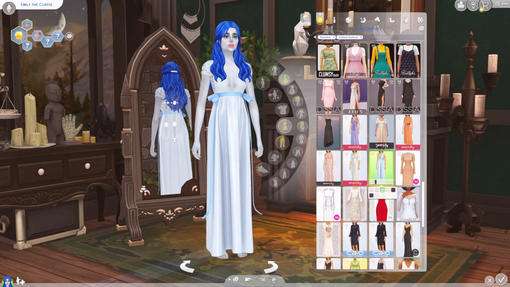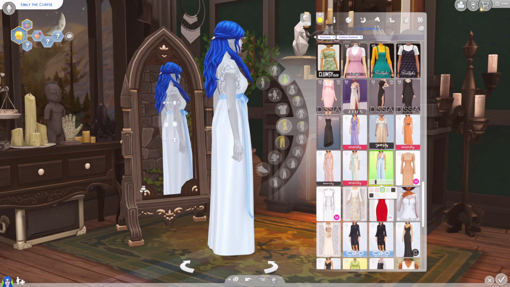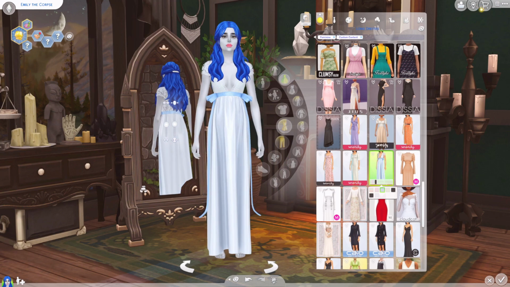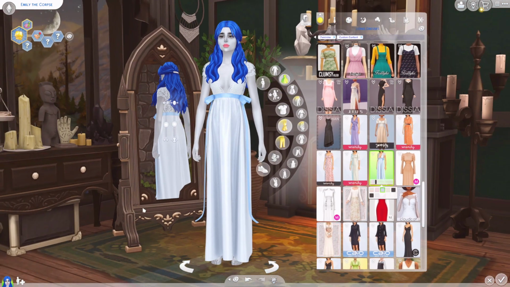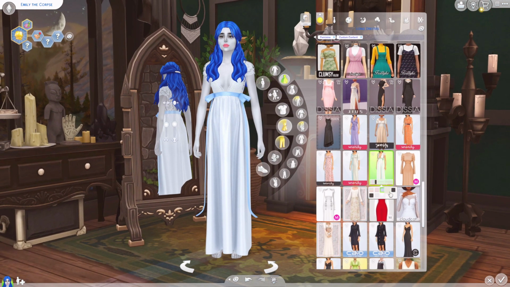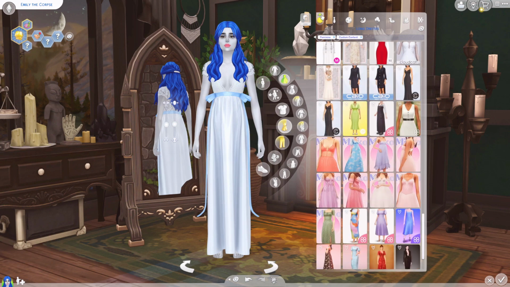Oh wait, that's cute with the blue bow. Wait, that's actually really adorable. Okay, that's definitely different than what she has in the movie, and it kind of blends in with her skin. I don't know if I should pick that option, but I like it because it ties in with her hair. But you know what? Okay, I'm gonna save that as option number 1, and then I'm gonna look over